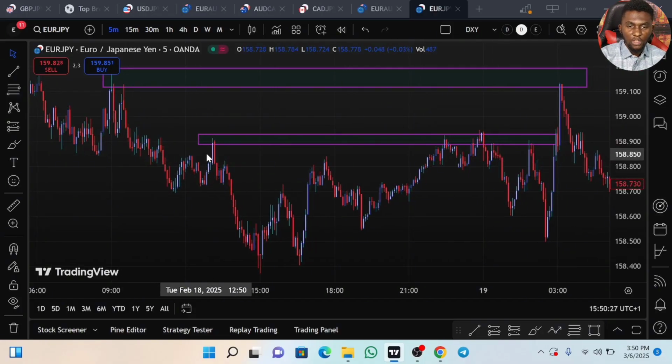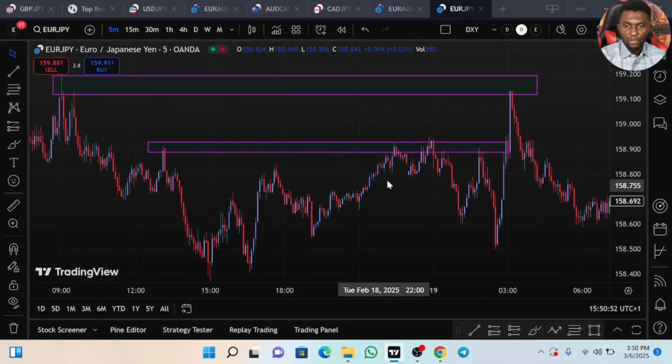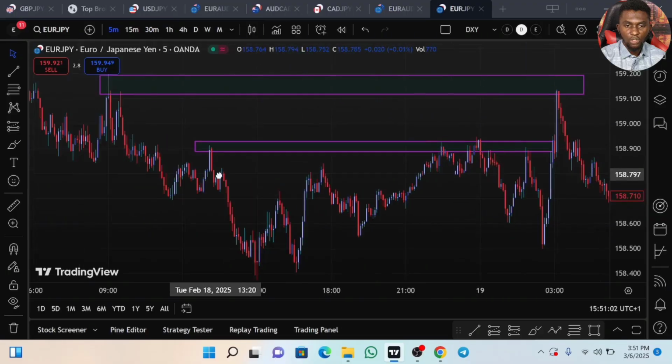Now, a lot of traders will actually start shorting from here, and put their stop loss just here. All right, look at this. The market also retraced and gave another opportunity to sell. Some traders that miss this initial sell will say, oh, this is a very good confirmation, and they also will start selling. Or previous traders that entered for sell here will add positions. Can you see this? The market retraced. It also created another avenue for selling. You see this? So all of this is just a fake